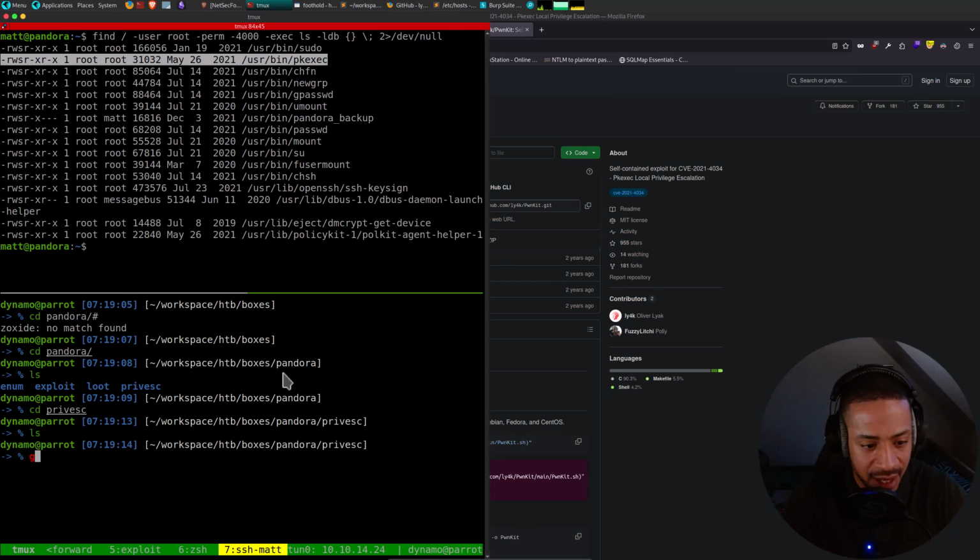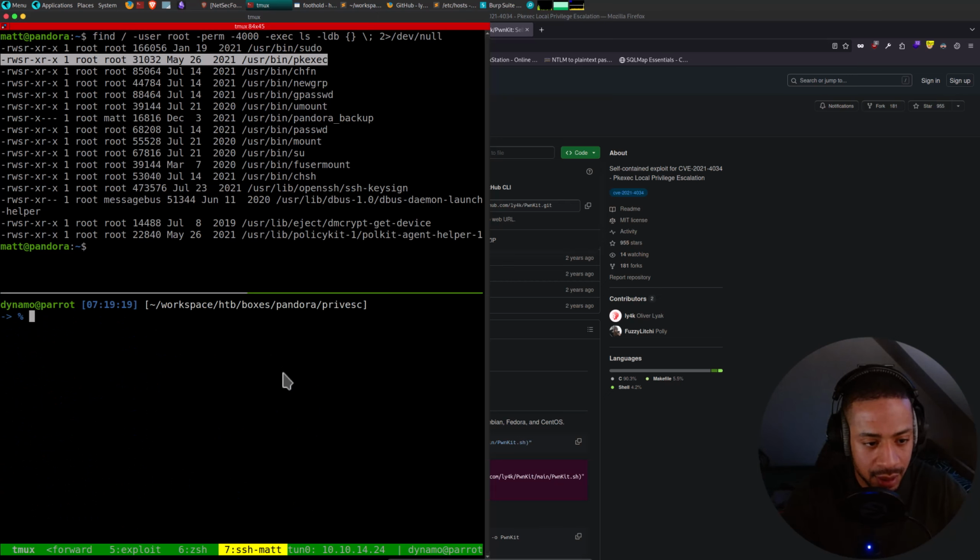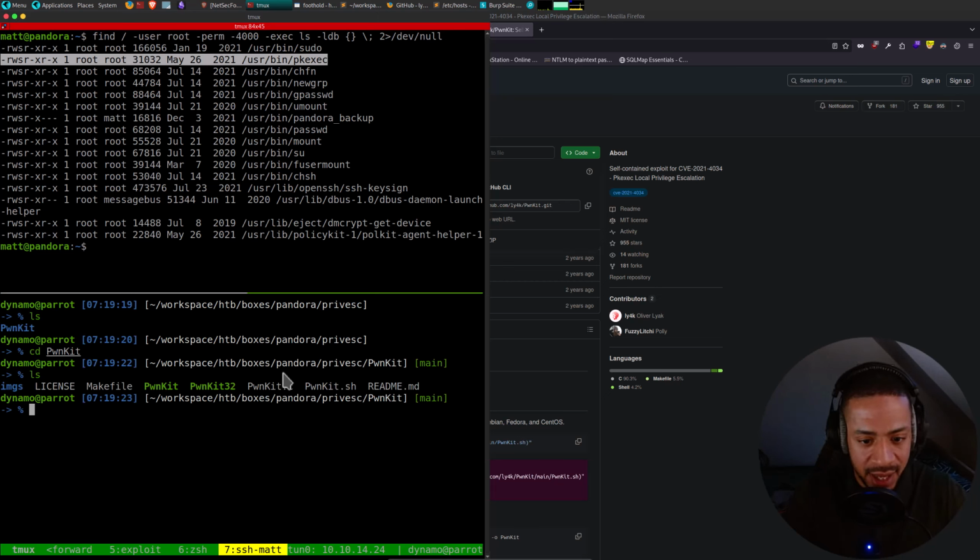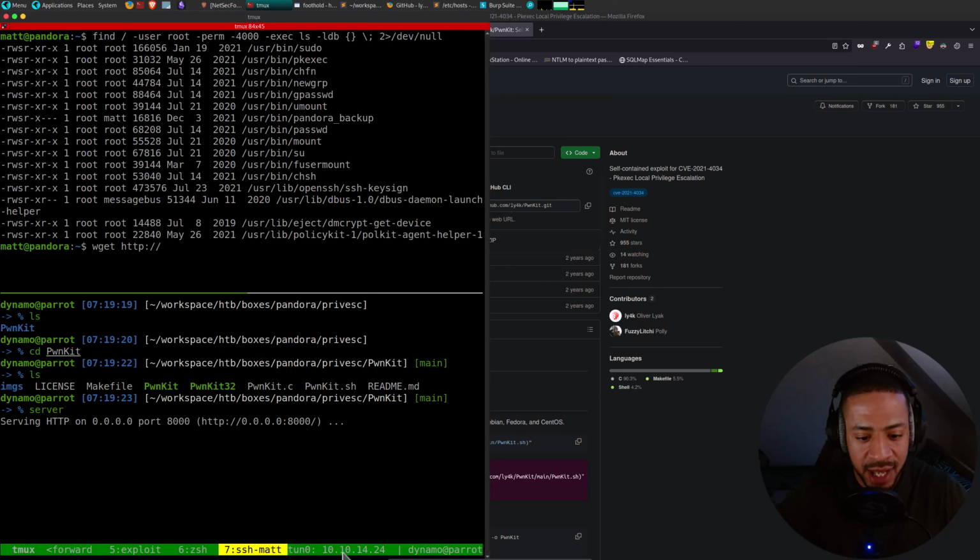Privesc, git, like this, go into PwnKit, and then start a server on port 8000, wget http. Again, this is an alias. It's not just server, it's Python, but yeah, I've got an alias. Port 8000, and then download PwnKit, the already compiled one.